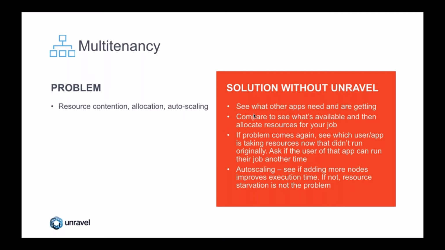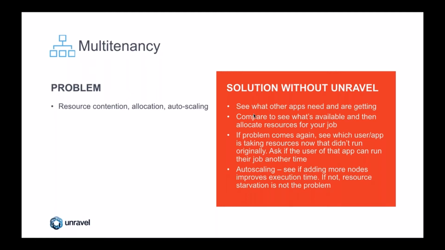Now, without Unravel, you would have to go and do a manual way of figuring these multi-tenancy aspects out. So for example, you would have to go and see what other apps are running, what resources other applications are using. That information itself is not very easily available. You would have to go to, say, a Ganglia or an Ambari or CloudWatch to go and figure out what